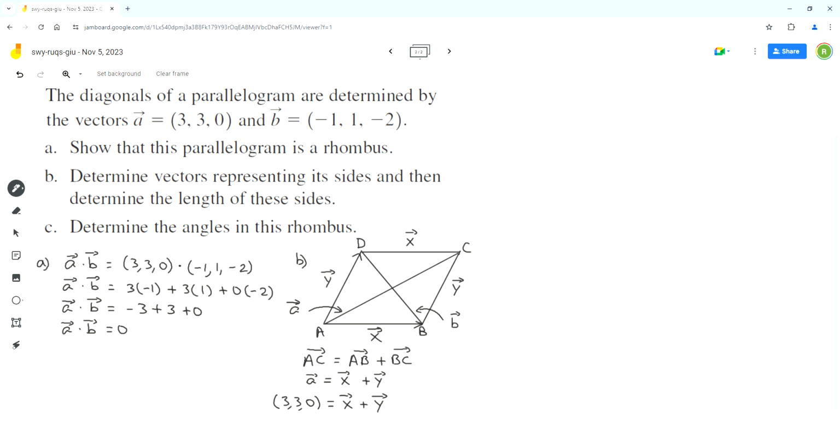So this is our first equation for X and Y. We can rewrite this as,